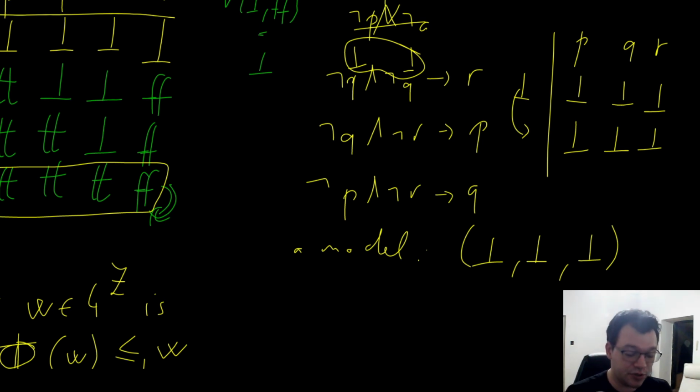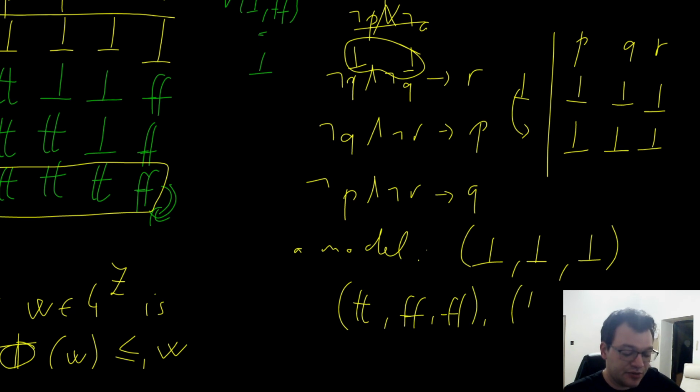So this is a model, and if you just set, say, p to true, then you will get something which is true, false, false. This is also a model, because true, true, false, that's also a model, and so on. So there are many models of this particular